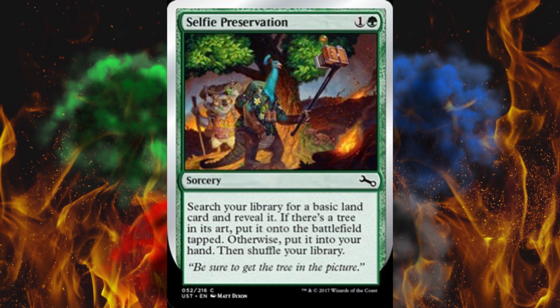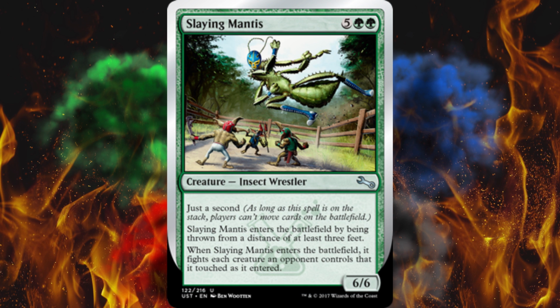Next up, it's not Praying Mantis, it's Slaying Mantis, the Lucha Libre fighter wrestler person guy thing. So this is a 7-cost creature, so pretty excessive. It's a 6/6, and it uses a mechanic called Just a Second. As long as this spell is on the stack, players can't move cards on the